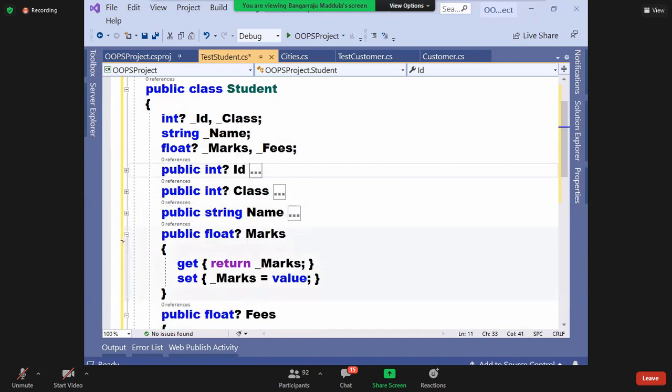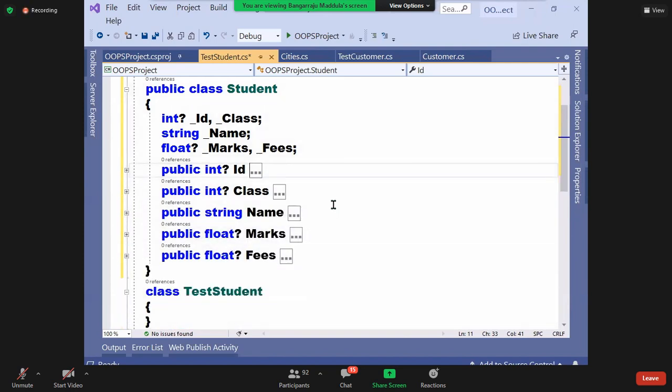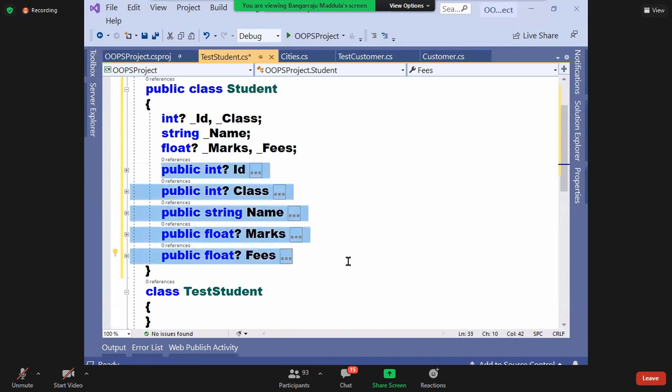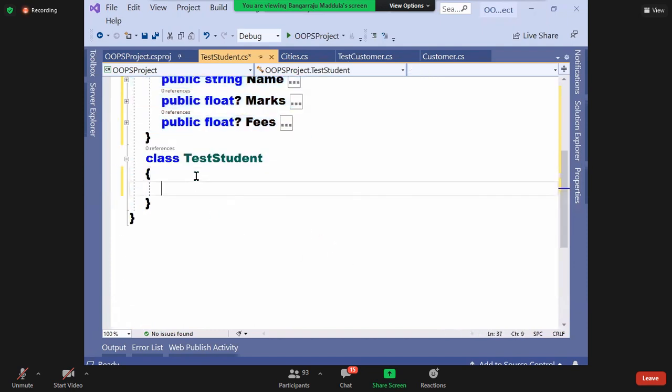Because we did not define any parameterized constructor. If I define constructors, what is the problem? The requirement is a mix and match combination of initialization, so you need to define 32 constructors for 5 attributes. That will become a very lengthy process. You can resolve it with the help of properties. How, sir? In C# 3.0, they added a feature. What is the feature? Watch.